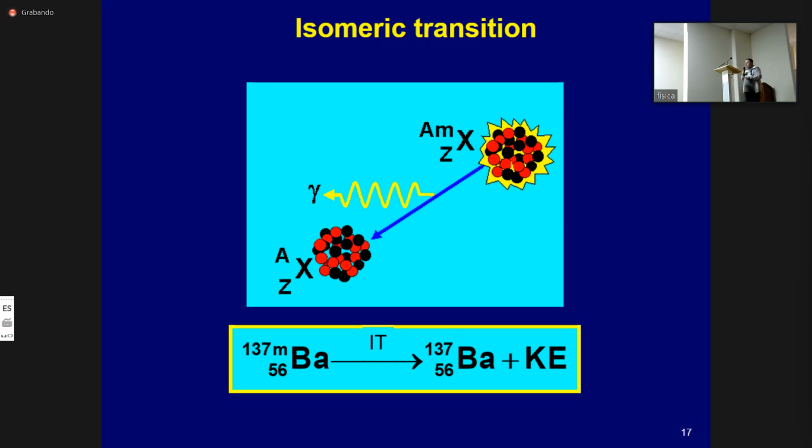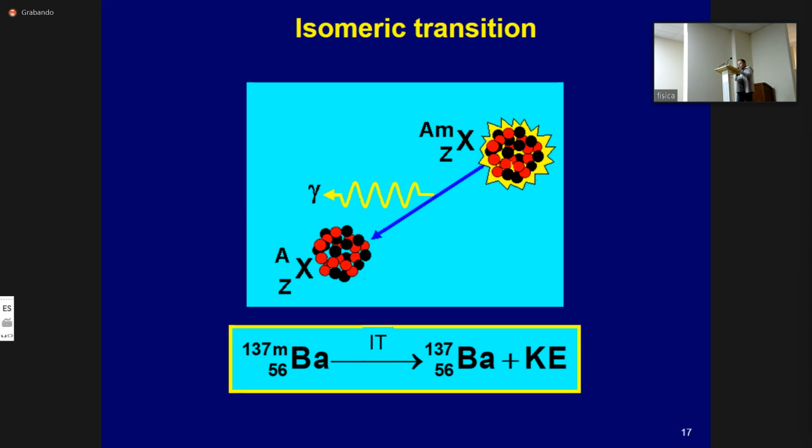An isomeric transition occurs when the nucleus of an isotope can have an increased energy for a long time and be in a metastable state, and then spontaneously emits an excess of energy in the form of a gamma quantum and return to the ground state. The charge and mass numbers of the isotope do not change during the isomeric transition.